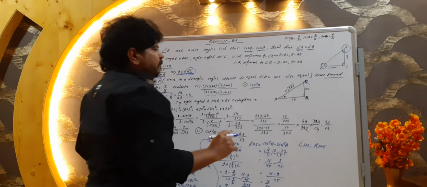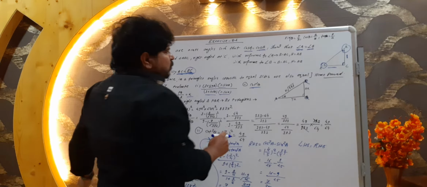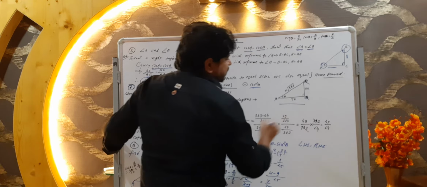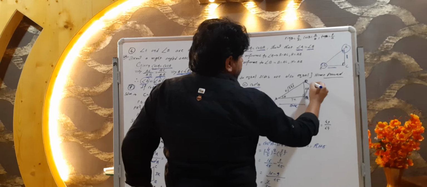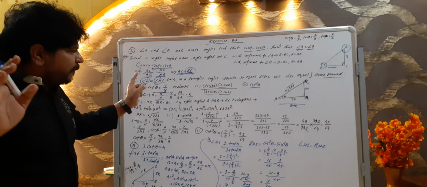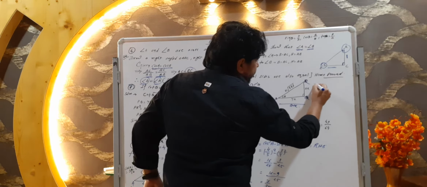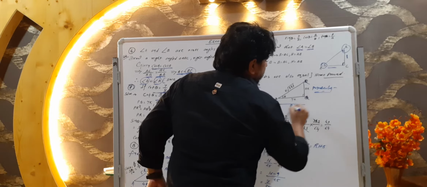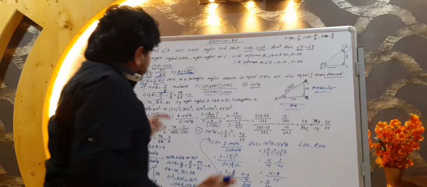PQR. As per the concept of cot theta, base upon perpendicular, here we see theta is here. In that case, what would be its base? PQ is its base. And RQ would be, as I just told, base upon perpendicular. Base is 7, then the perpendicular RQ would be 8. Now we have both the perpendicular as well as the base.